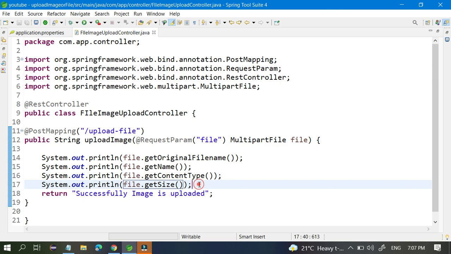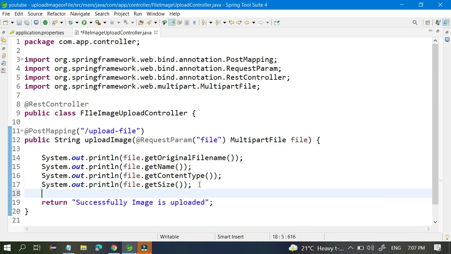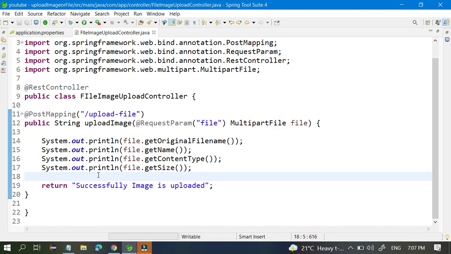Okay. So let's check whether it's working or not. Take this endpoint and run this application. How can you run this? Just click on run.